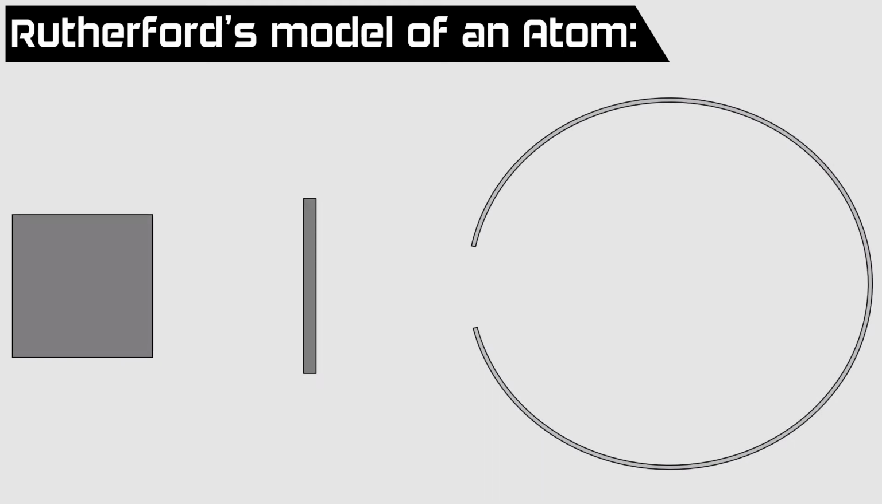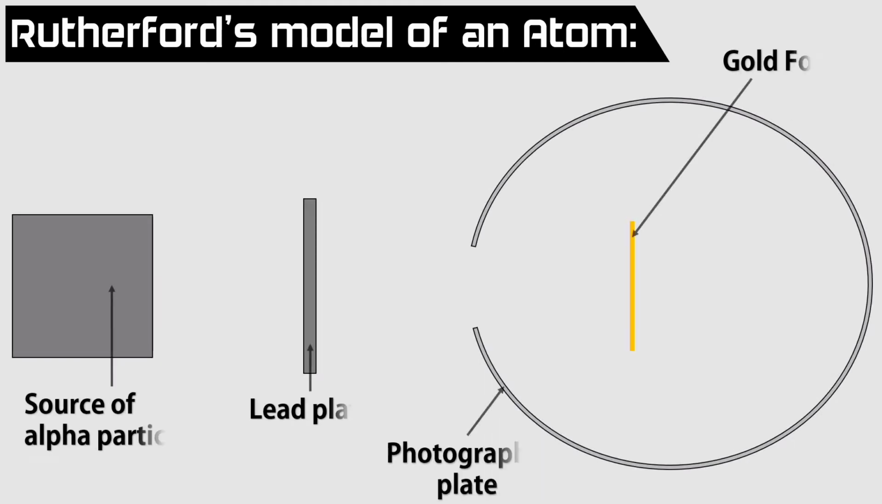Rutherford's model of an atom. In Rutherford's experiment, he took a source of alpha particles, a lead plate and a photographic plate. Then he took a gold foil 1000 atoms thick. Alpha particles are doubly charged helium ions with a mass of 4u, so they have a considerable amount of energy. It was expected that the alpha particles would be deflected by the subatomic particles in the gold atoms. Since the alpha particles were heavier than the protons, he did not expect to see large deflections, but it gave